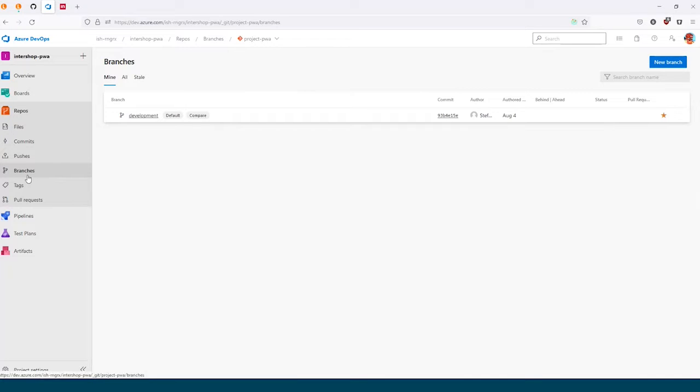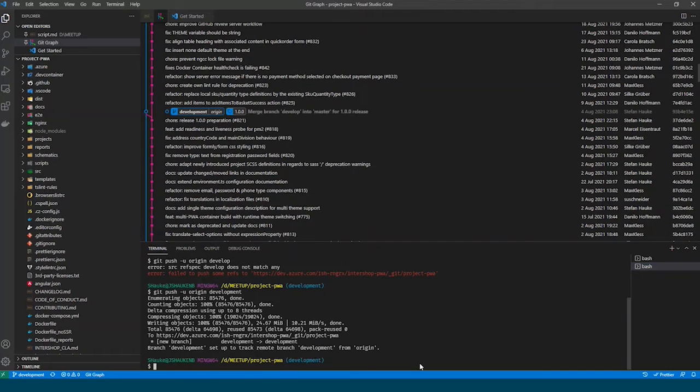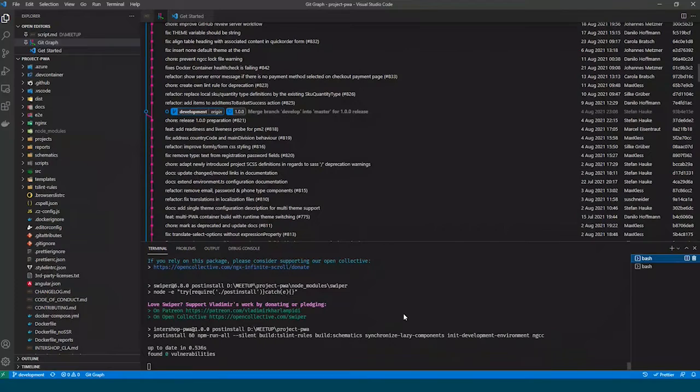And this is probably the way it should be for the beginning. The branches will come in the project itself later on when you do the development, and for now, for this presentation, I'm developing on this development branch. So, as we still wait for the npm install to finish,